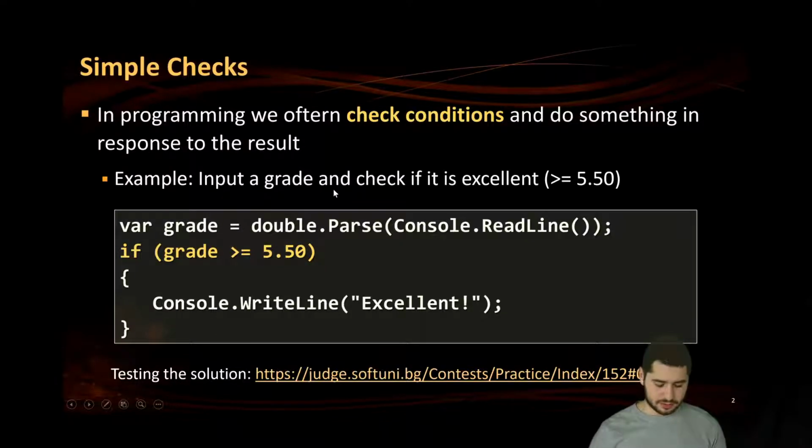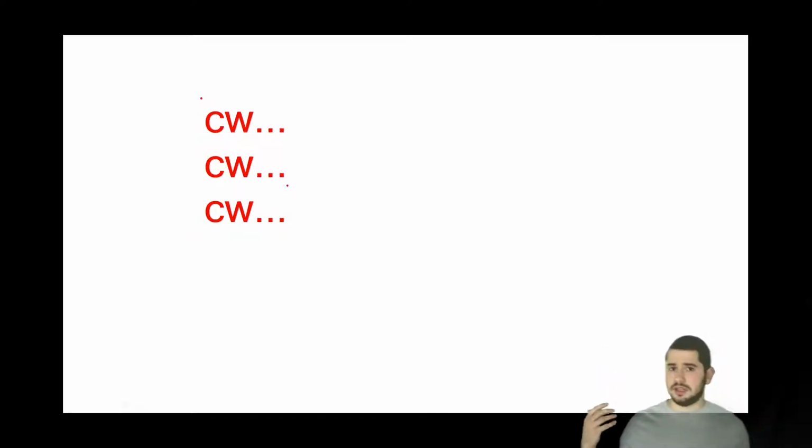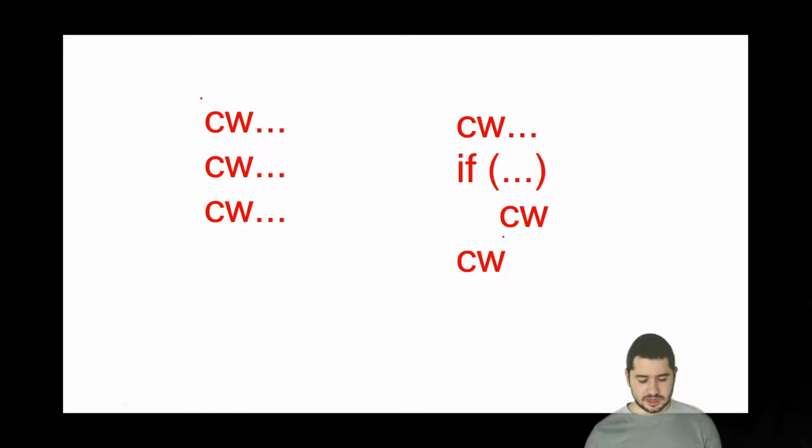If you have, for example, some commands, console write when something, console write when something, console write when something. These commands are sequential. They happen one after the other, and it doesn't matter. There's no condition. They always unconditionally execute. But if you have console write when something, if something, console write when, and then you have console write line,